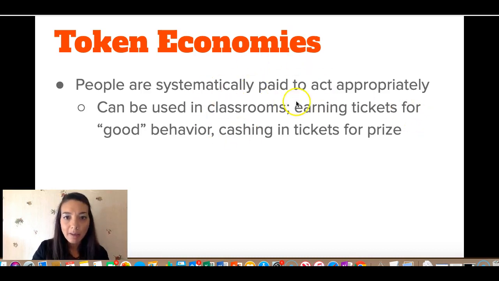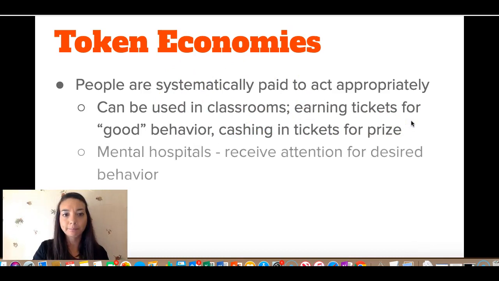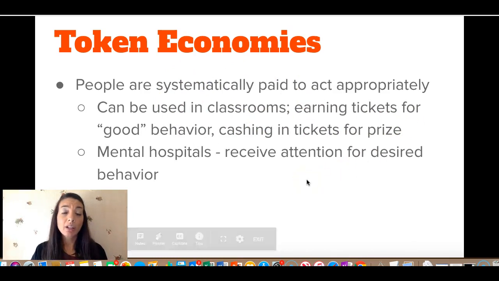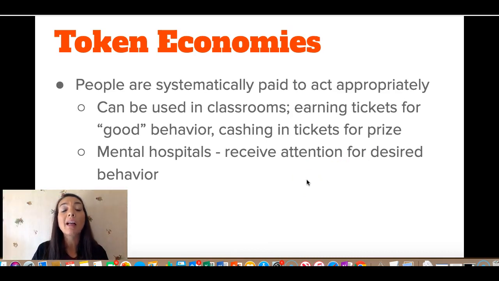So that's a token economy. People are systematically paid to act appropriately. And of course, all of these actions, these behaviors, they have to be taught and explained, especially if you are in the classroom setting. Okay, now token economies are not just used in classrooms. You can also see them applied in, say, mental hospital situations.